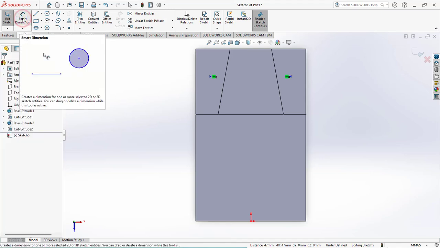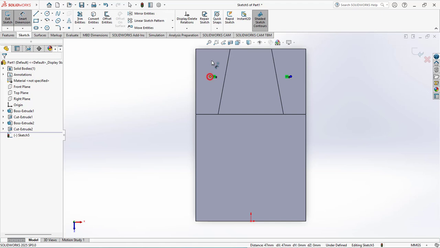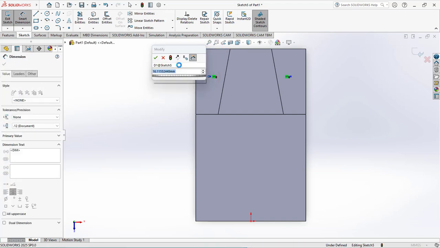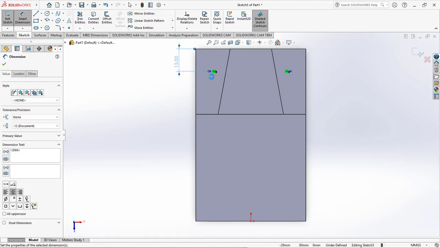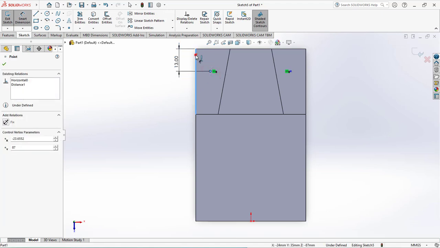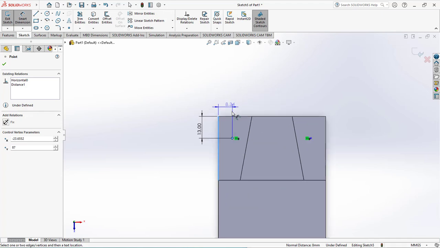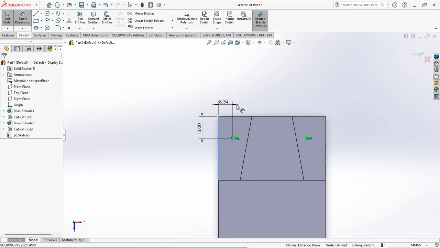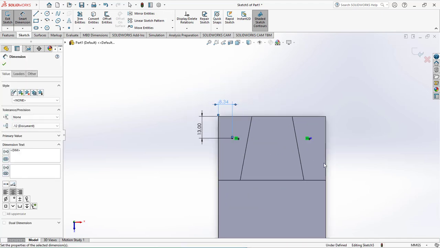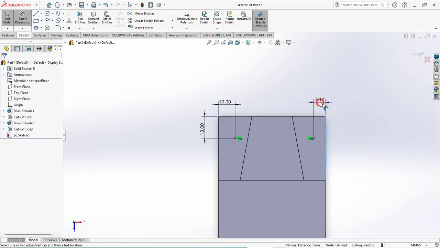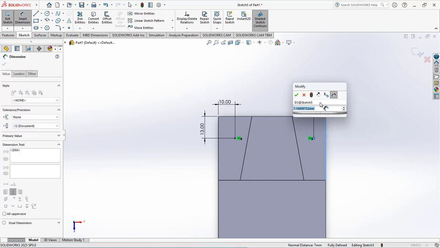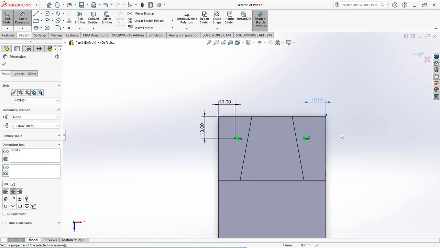Now let's apply the dimensions. For the first point, set the distance from the horizontal edge to 13 millimeters and from the vertical edge to 10 millimeters. For the second point, define the distance from the vertical edge to 10 millimeters. Once the points are fully defined,